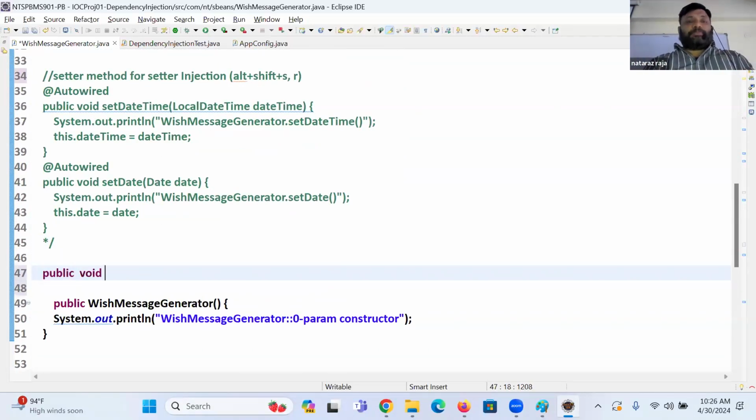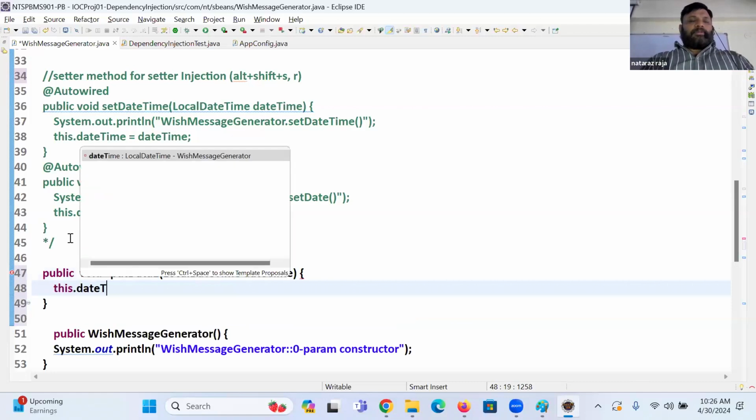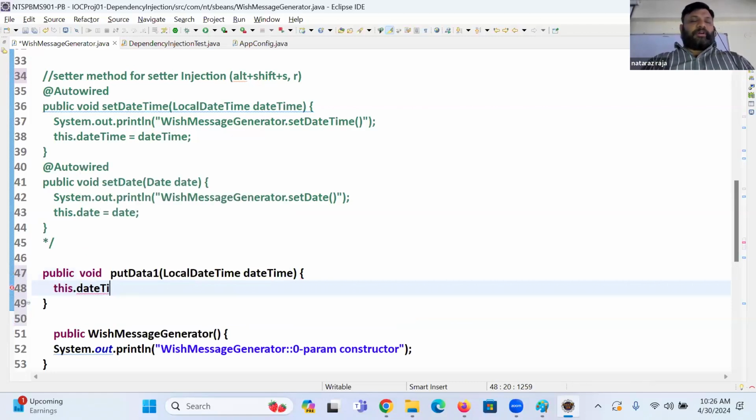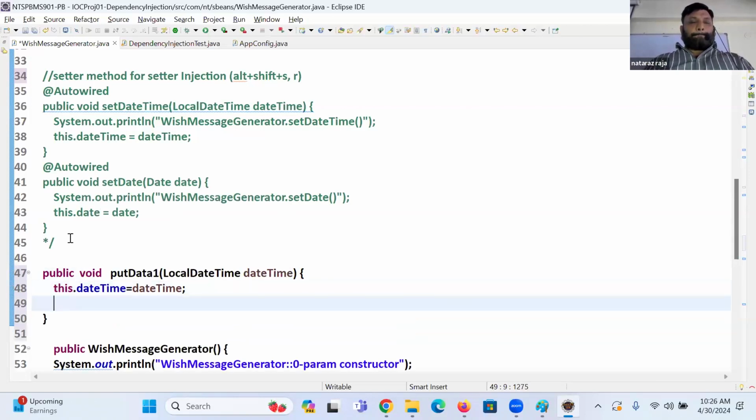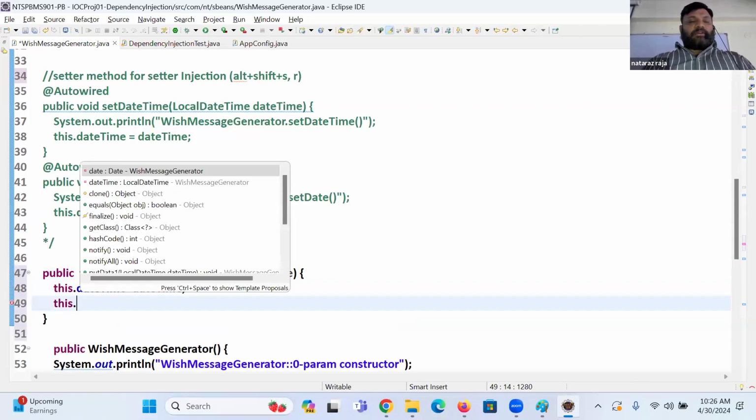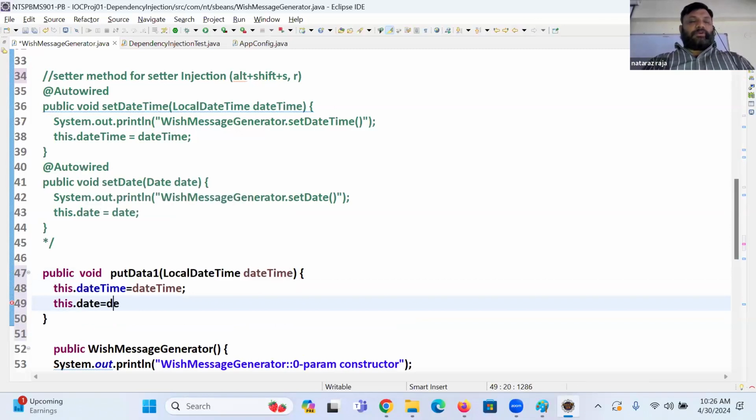It's a public void setData method. I said, now any name you can take. LocalDateTime, and Date. this.dateTime = dateTime; this.dtDate = date;